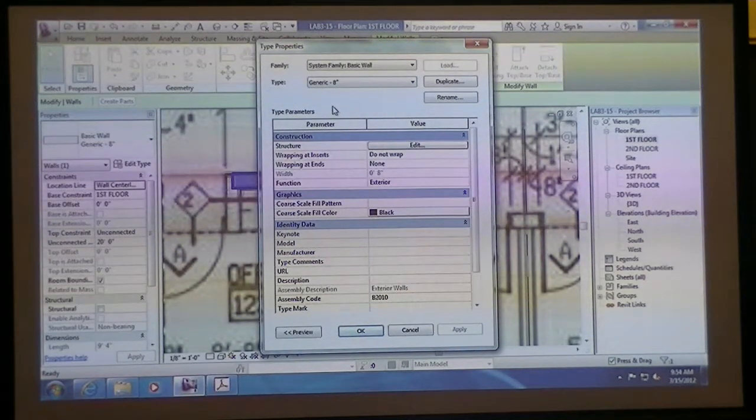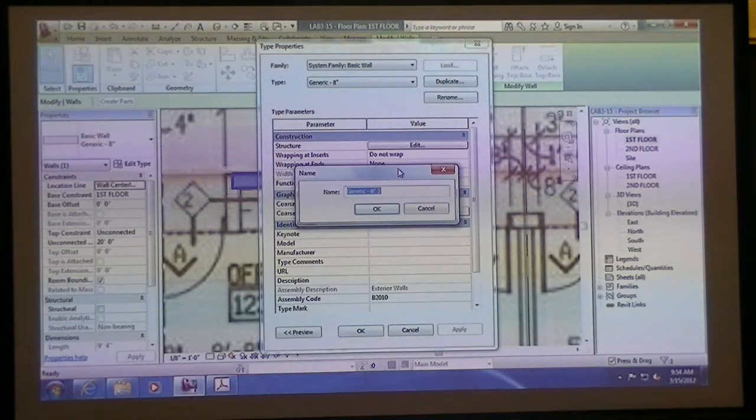The way that Revit works is that you normally select a wall, or you start with some object, and then when you want to make something new, we always duplicate it. Revit always needs something to start with, and then you can duplicate it and then modify it. So I'm going to duplicate this, and we're going to call this a new wall. I'm going to call this 000, 3 zeros, underscore, and we'll call this,